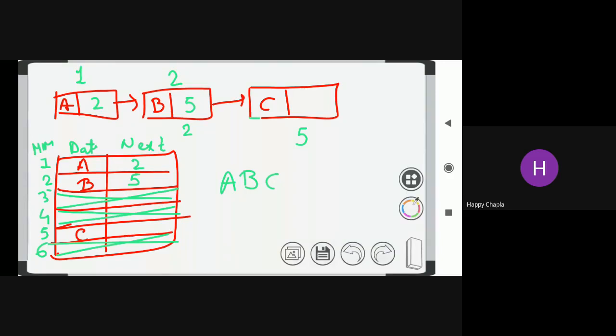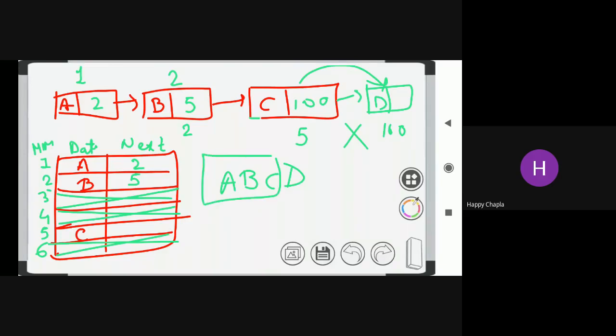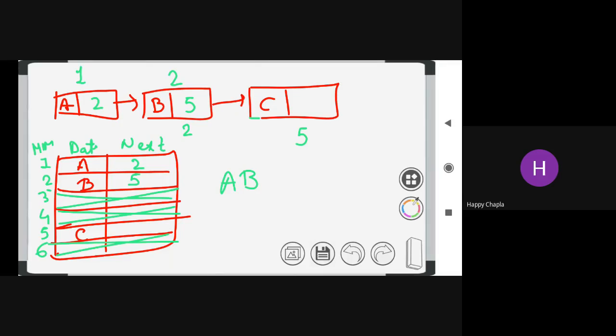If I give one more memory location over here, say for example 100, that means jump to the 100th location, and whatever data is over there, you can add it here. But this is wrong. Why? Because I have only ABC. So how can I find that this is the last element of my available string? The last location is always indicated with null. Sorry, the address part, not the data part.